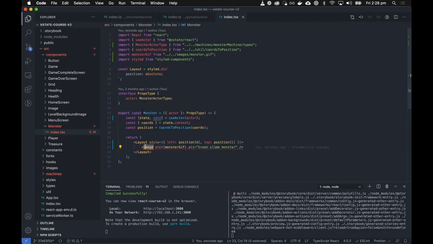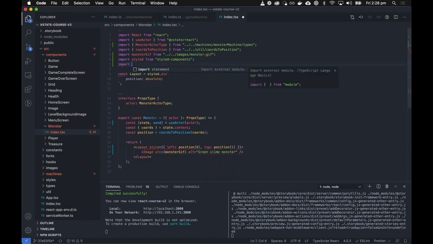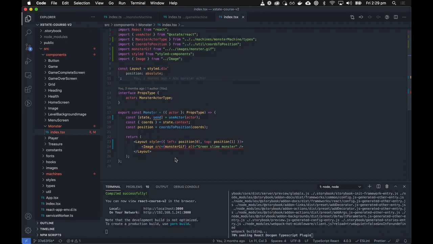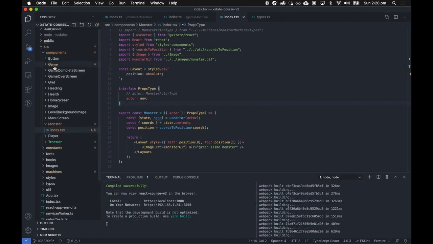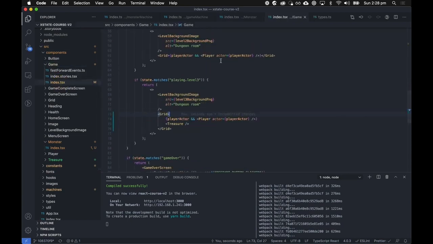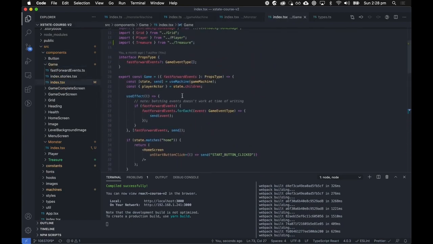Oh, we need to import our image. It's not importing for some reason. Import image from image. That should be it. So we'll go to our game component, and we need to access our monster actor, which